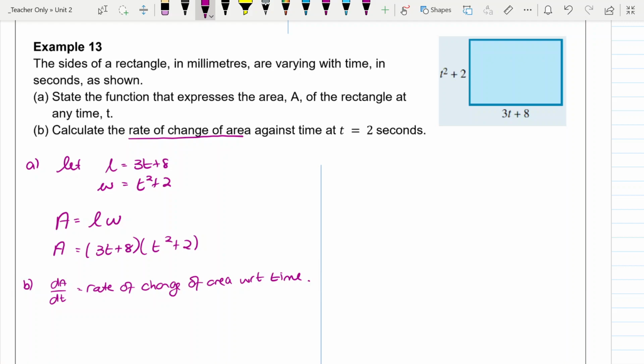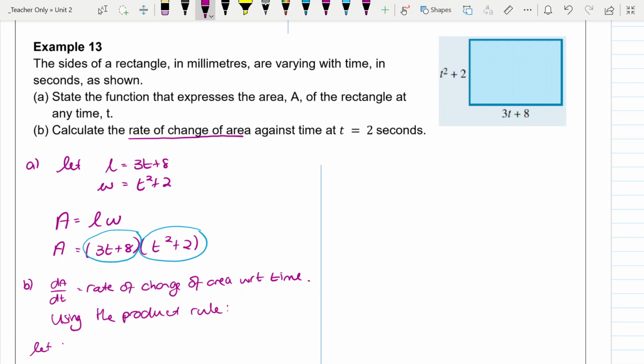Okay, and notice, I have a function with respect to t multiplied by another function with respect to t. This means that I can use my product rule. So using the product rule,